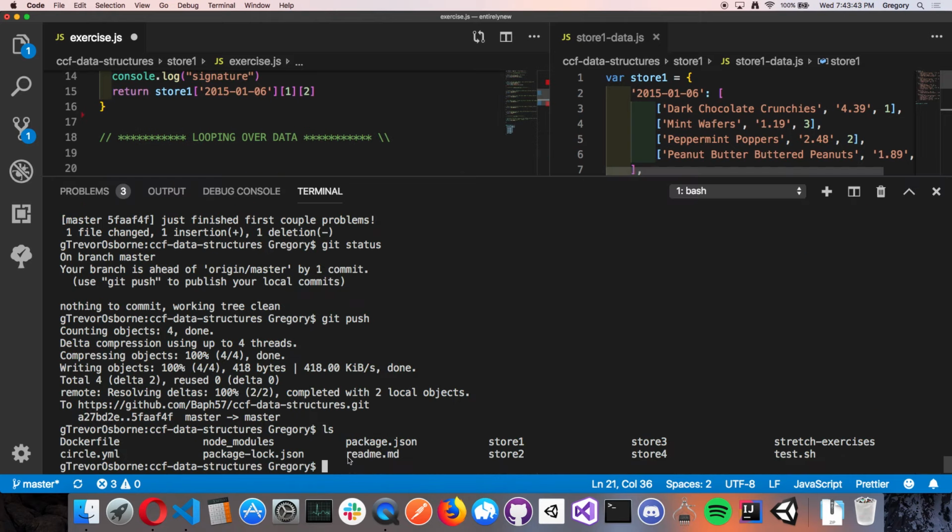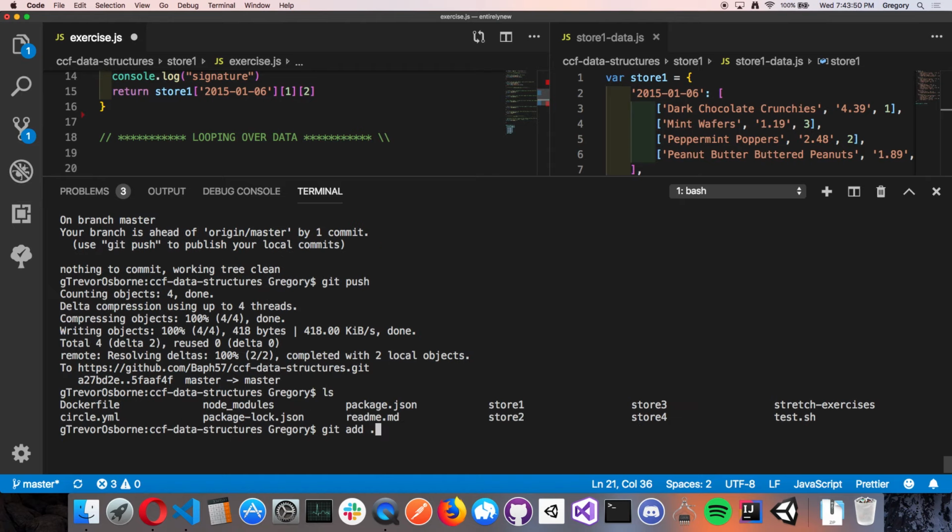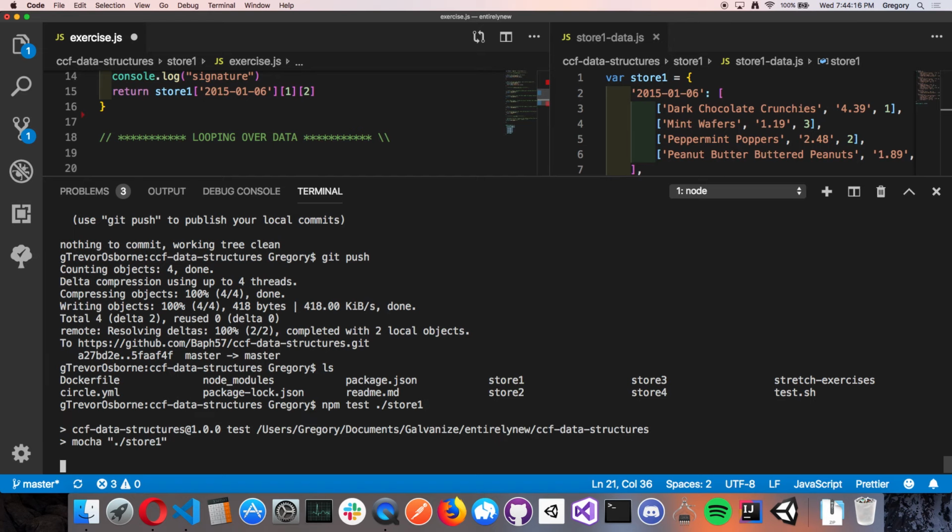What is this looking for? I'm not actually quite sure. Let's just run the test and see what it's expecting, because this is telling me to return 2 things, essentially. So if you're ever uncertain of what's asked of you, just run the tests. So we'll do, again, npm test, and then I'm just going to enter in the name of the directory. This is based on this repository. This is not a constant thing that you'll find in every single JavaScript project. This is written by people who created this repository. So when I run this script,